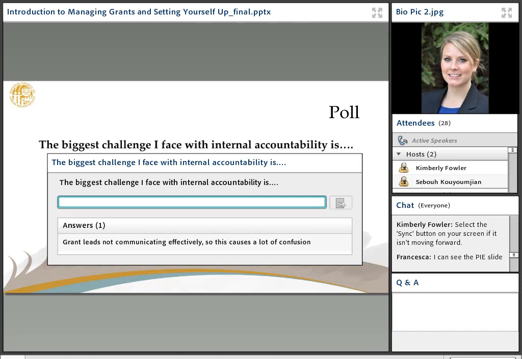We have one: grants leads not communicating effectively, so this causes a lot of confusion. Communication is the number one pitfall in project management.